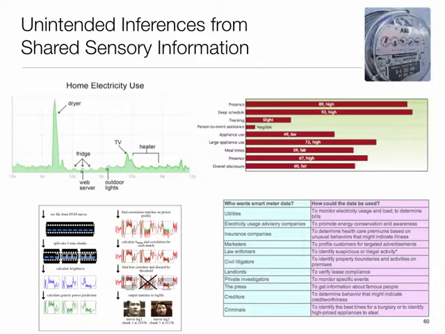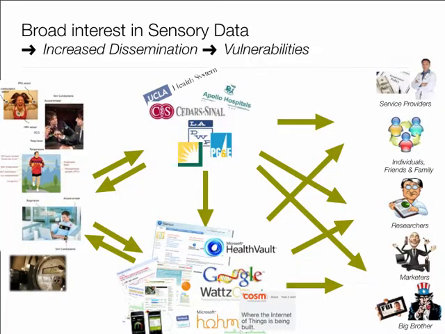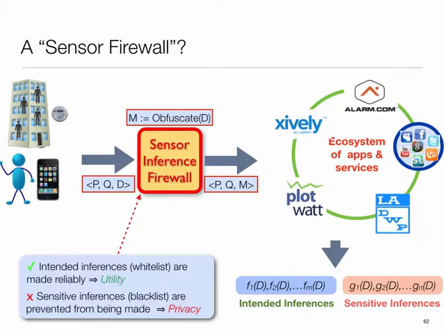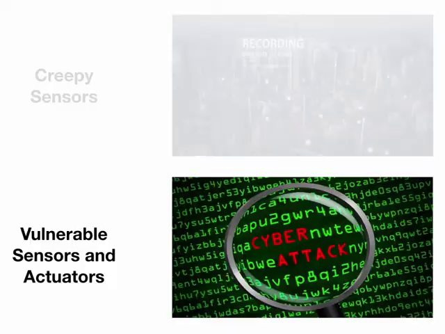There's a company called O-Power, which works with the electric utilities, whose sole business is exactly that. So they can snoop on us. And moreover, if they can snoop, then wherever that data goes, others can also snoop. Potentially, a solution might be some sort of sensor firewall which can modify the sensor data before it hits the cloud, so that you can exercise some control over what happens with that.